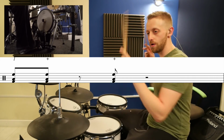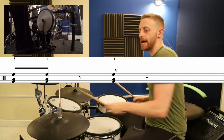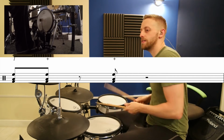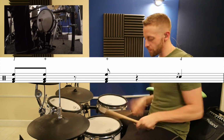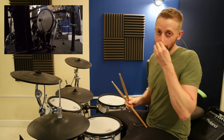So we're going to go 1 and 2 and 3 and 4 and 1 and 2 and 3 and 4 and 1 and 2 and 3 and 4 and 1 and 2 and 3 and 4. Flam on the 4. I always tend to play my flams